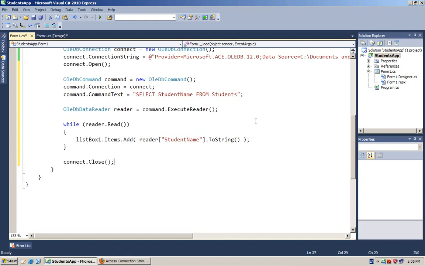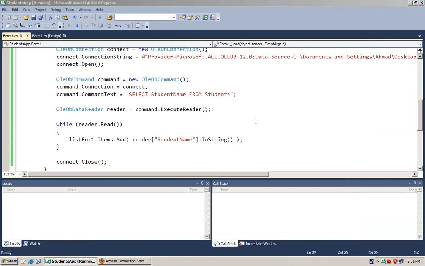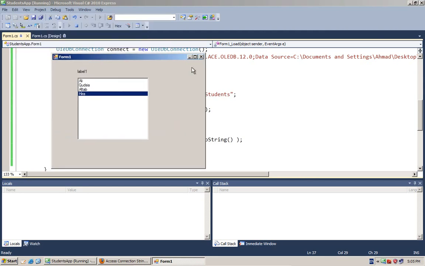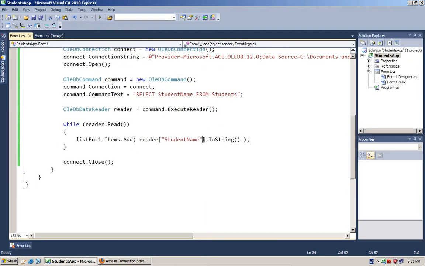Now let's run this application, and hopefully it will run just fine. Yes, it does. All the names have been retrieved in this list box. Now just to make sure that the index is also working, we'll give it a value of 0.